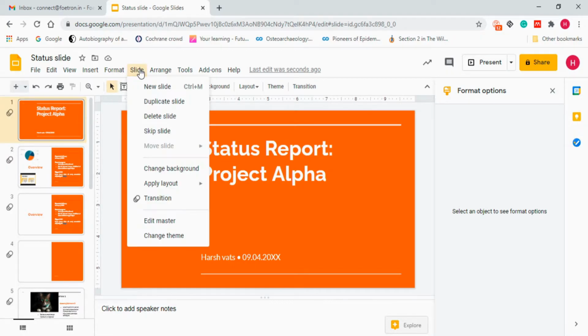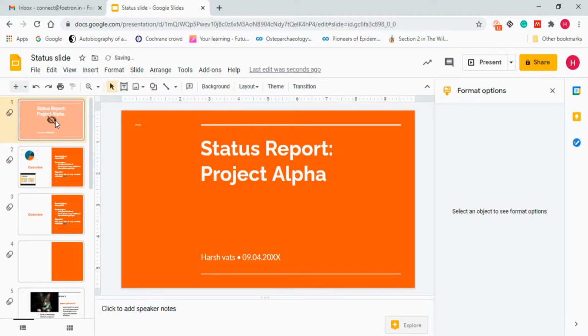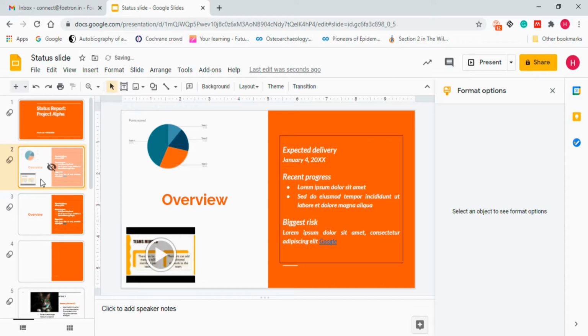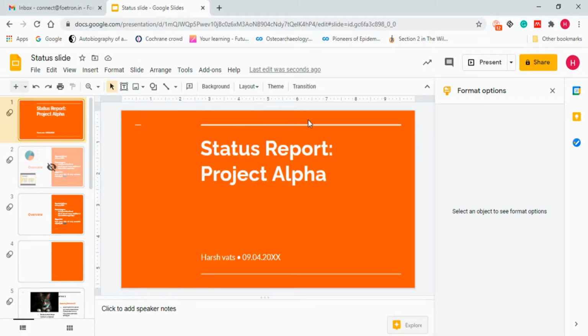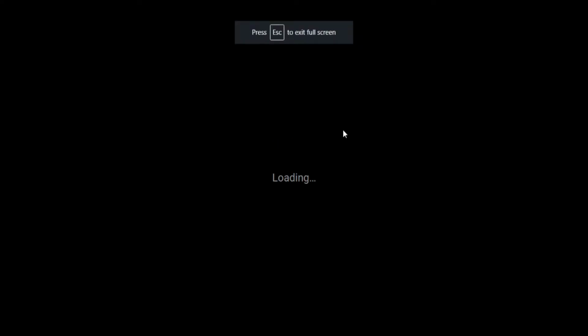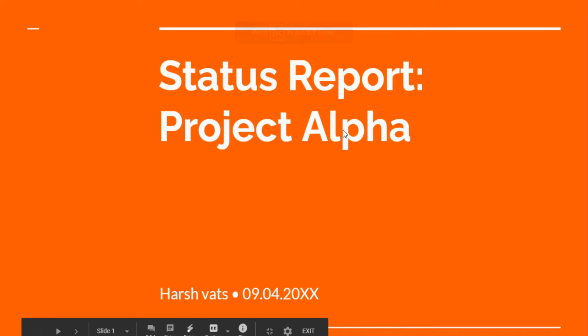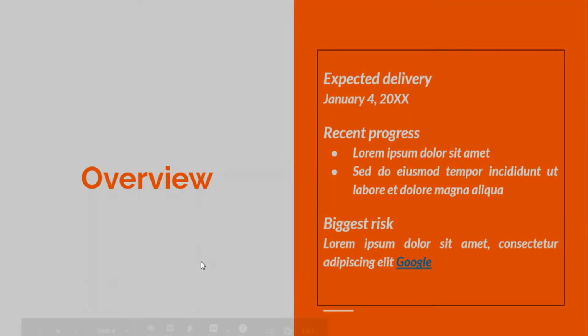So now we will go into the skip slide option. This slide will be skipped when you are in presentation. So, skipped when presenting. Now let's see that. Before that, let me just, now I want to skip this slide. You can do that from here or you can do that from here. Now, if we go into presentation format, let's go into the presentation. Now you see, we just get to the third slide. So this is the third slide. That's why there is no slide 2. If you go there, slide 2 is not visible because we have skipped the slide in the presentation view.